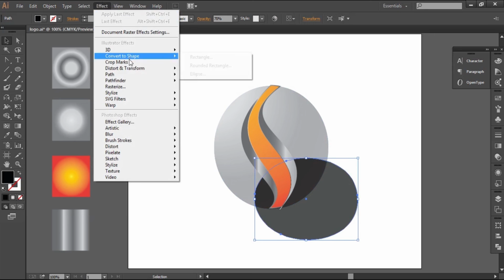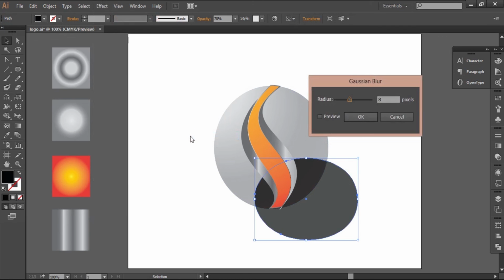And go to Effects, Blur, Gaussian Blur and increase its value.